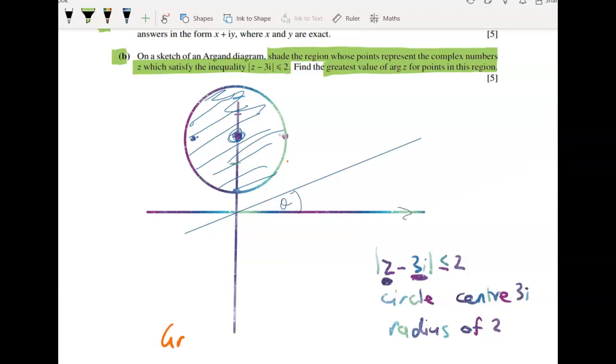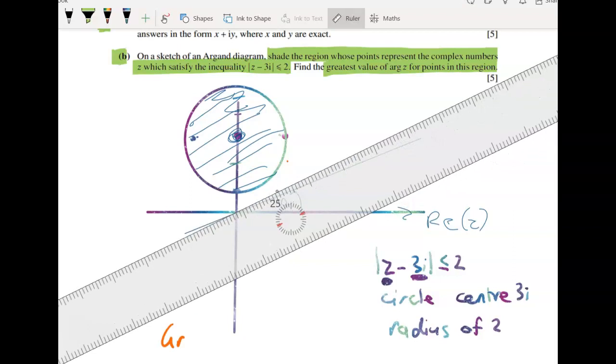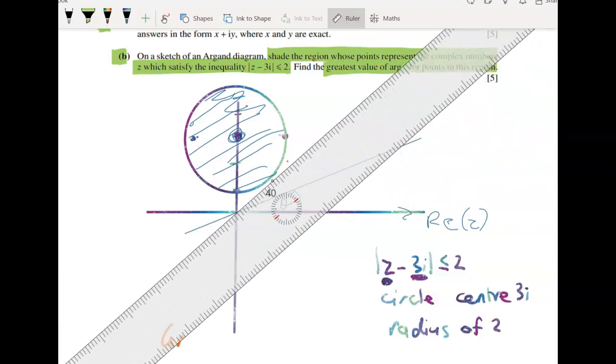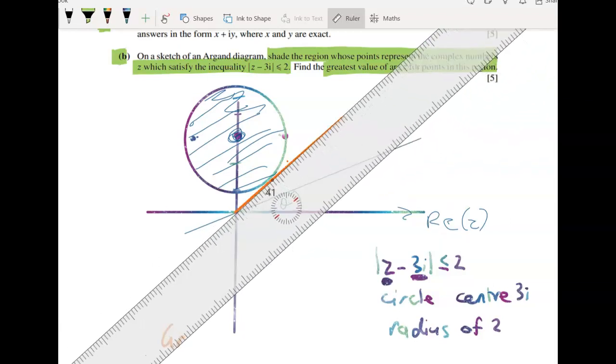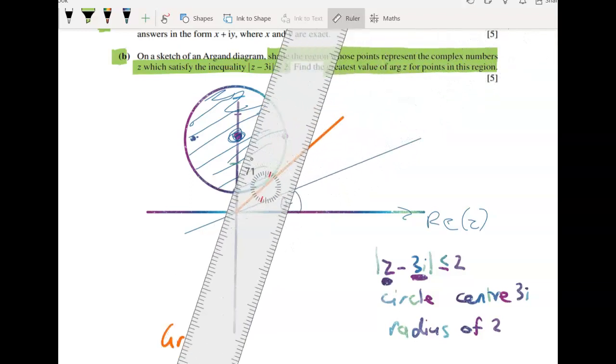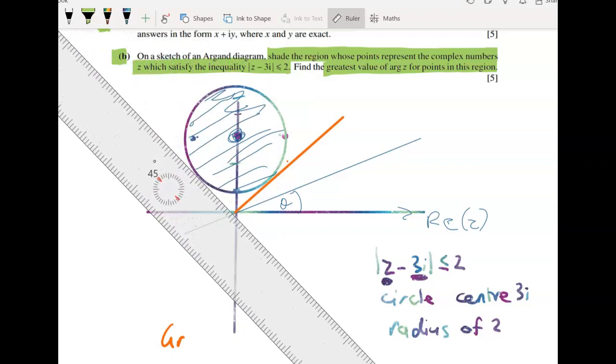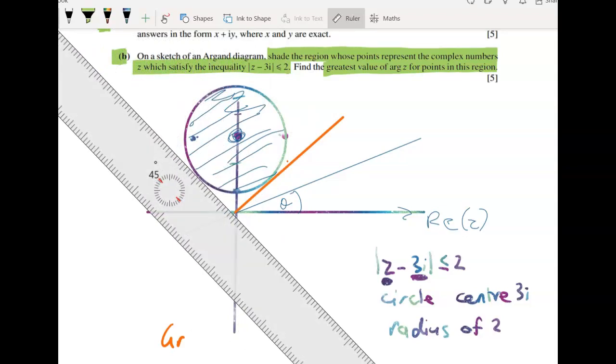So we should just say on there that it's a circle with centre 0 plus 3i, and it's got a radius of 2. Now let's have a look at argz for points in this region. So I'm going to do this by taking my ruler, or my snapper card. So argz is the angle formed by the positive direction of the x-axis. So I'll just put a line on here to show you what's going on. So argz is this angle formed here,